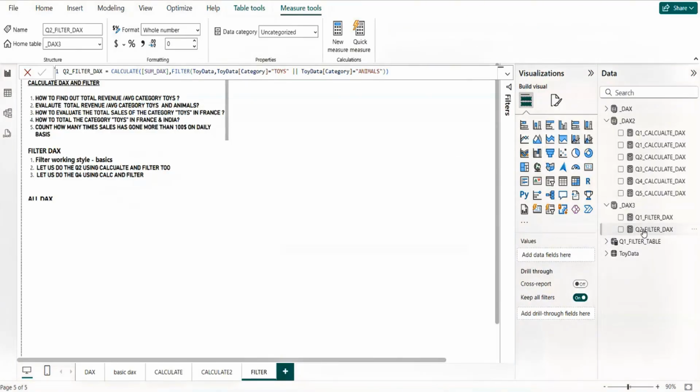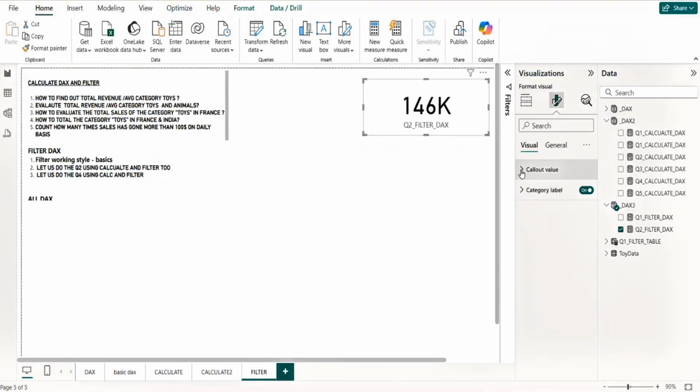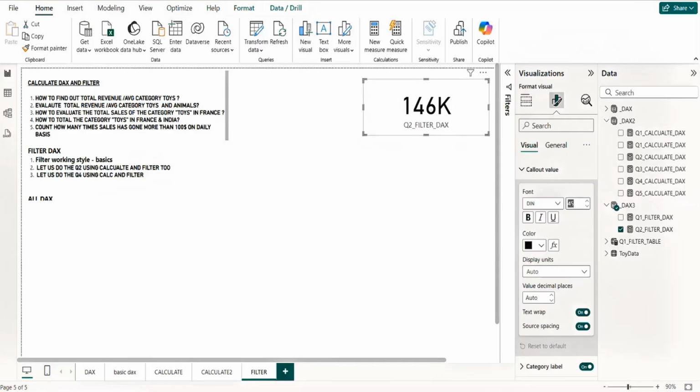Drag and drop here. Change this to the visual call this. So in this way also, you can calculate this. It's all up to you. But in some cases, you find the filter is always worth knowing,